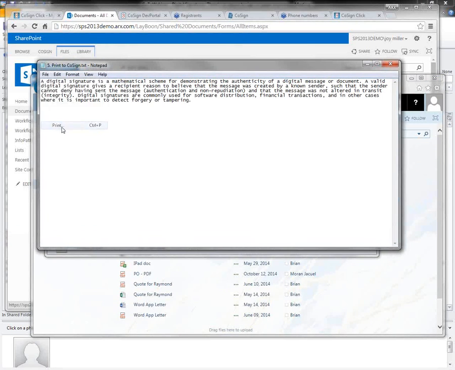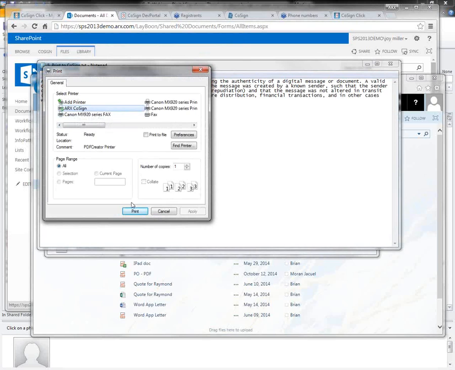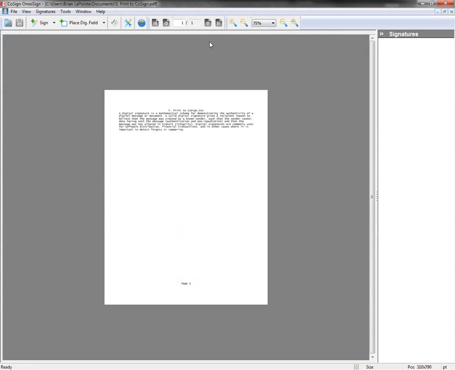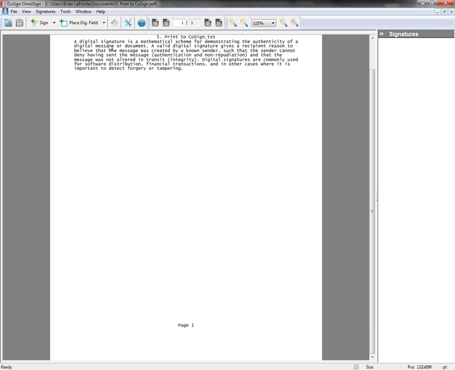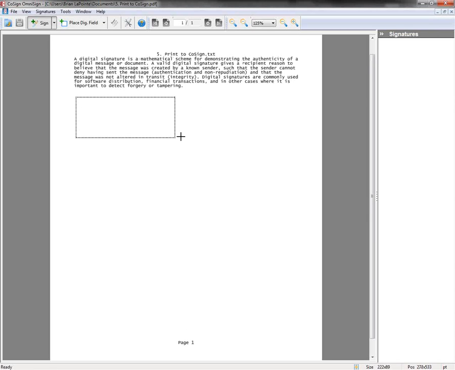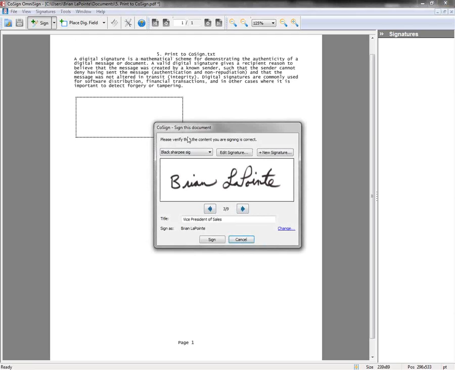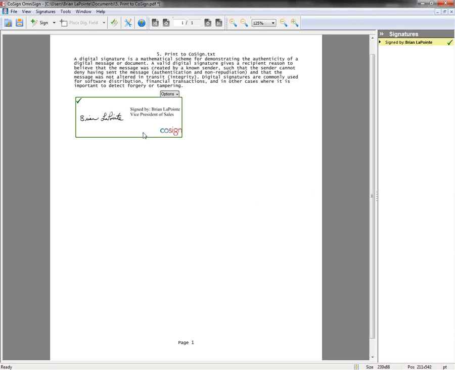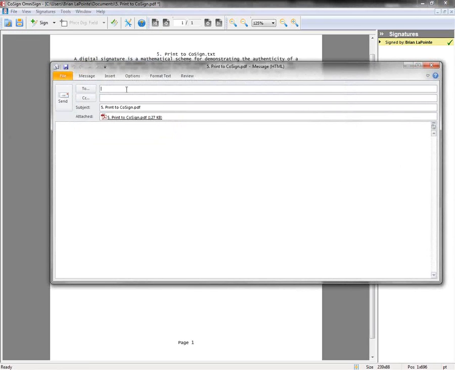So let's see, another question I have here is, do the documents that I'm signing leave my network? That is actually one of the things about Cosign is your documents aren't leaving your network. They're not leaving your environment. So when you're signing a document with Cosign, you're actually embedding information into the document itself, into the native format of that document. And that information will now travel with the document for its life.